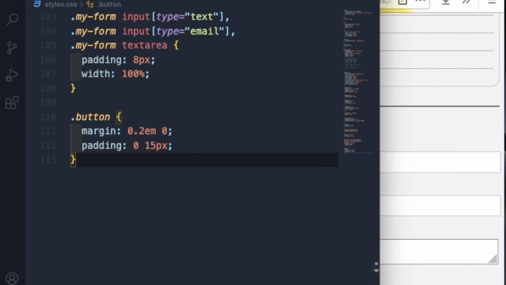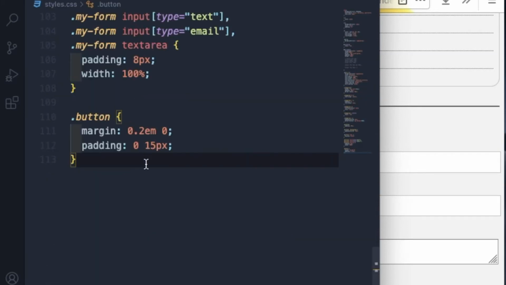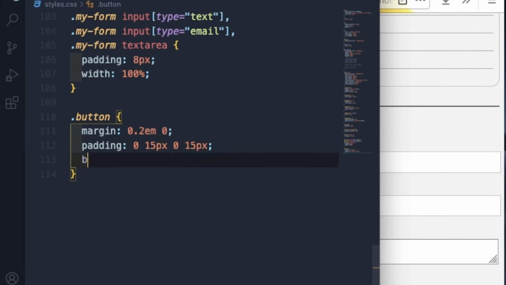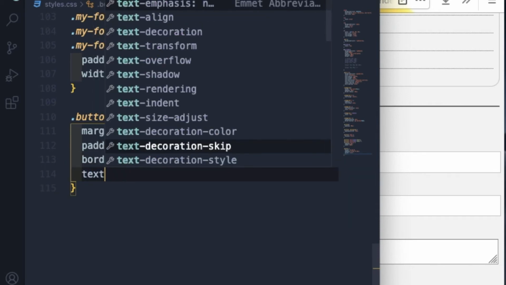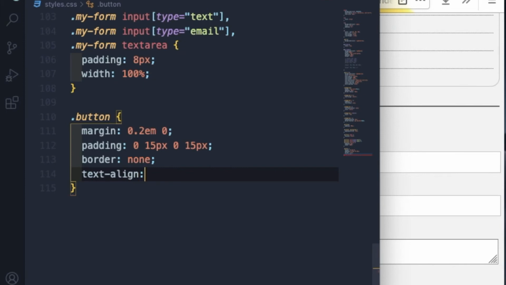are we targeting the button class? Is there a button class? Yeah, there is a button class. So 0 15 pixel, 0 15 pixel. Let me save it. I don't know whether it is targeting or not. I will check soon. Border is none, text align is center,